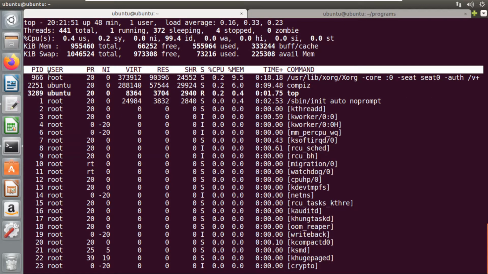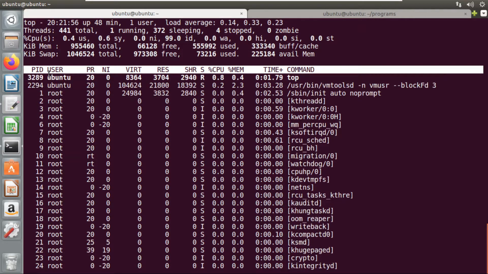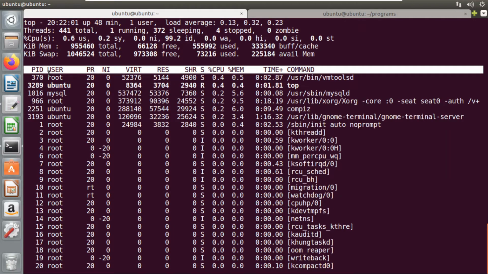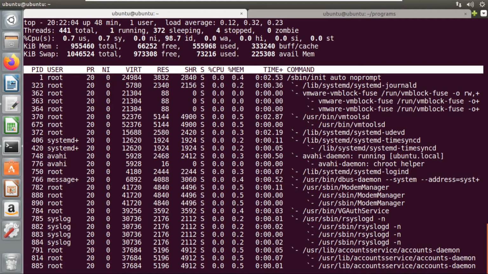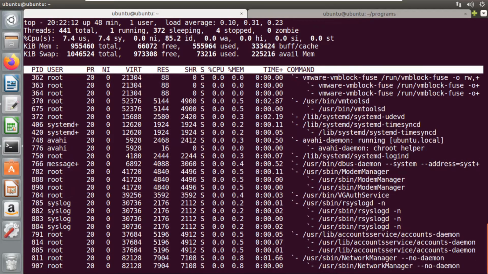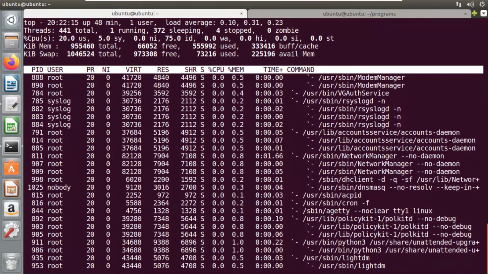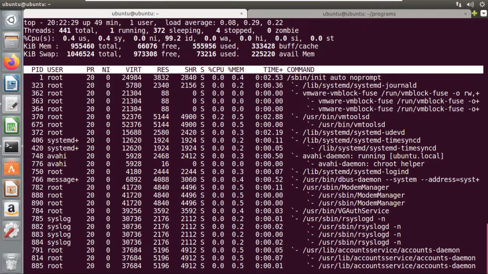Similarly, if I want the tree structure of the processes, or we can say the child and parent list of the processes, then also we have an option which is capital V. So if I press a capital V, then you can observe the command column and the list has been displayed as a parent and a child. So if I scroll it here, you can observe the parent and child. It is starting with PID number 1 and then it goes on. So this is how we can apply multiple options to the top command and we can observe the real-time view of the running system.